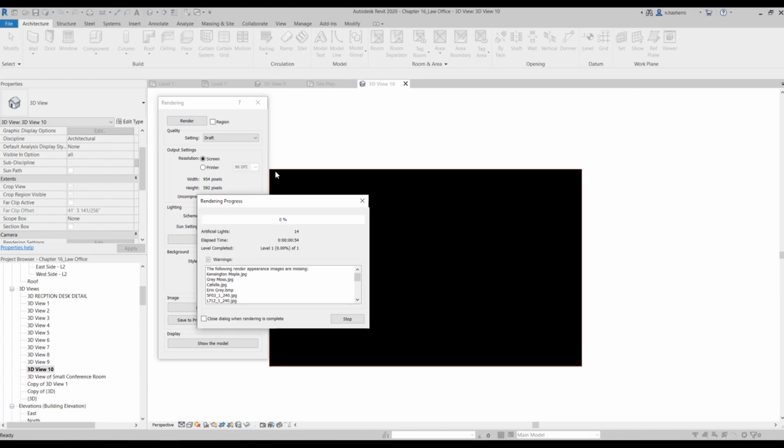And one more thing is that as you increase your quality settings from here, if you put it on high or best or even medium, it would take longer for Revit to render than, for example, this draft one. Okay, it's just going to be a test render, and it should not take so much time. So the time depends on the quality settings and output settings here.